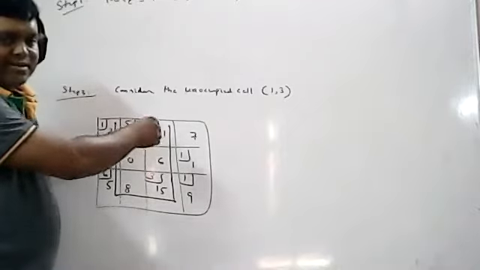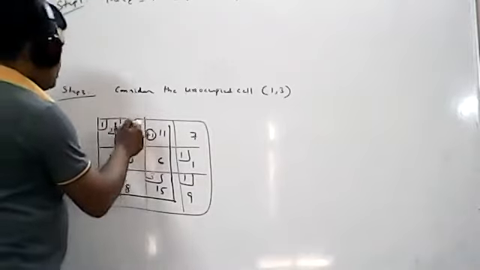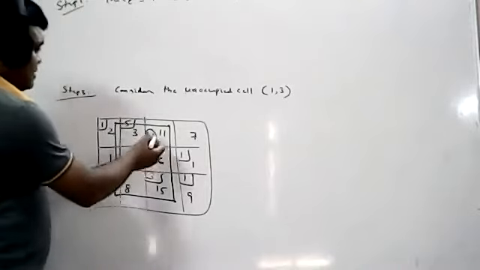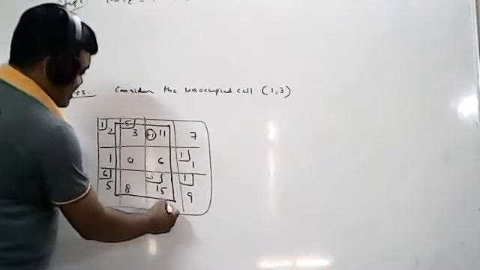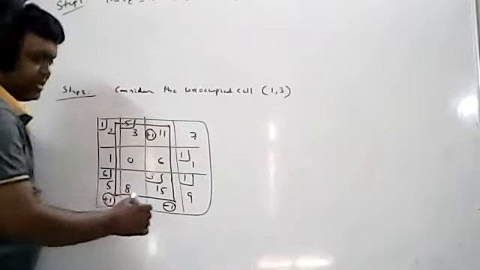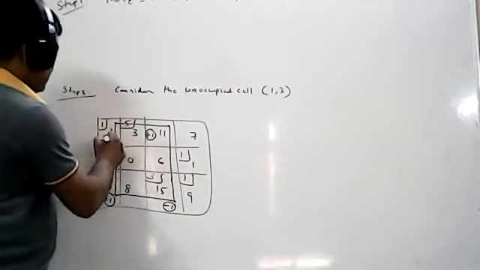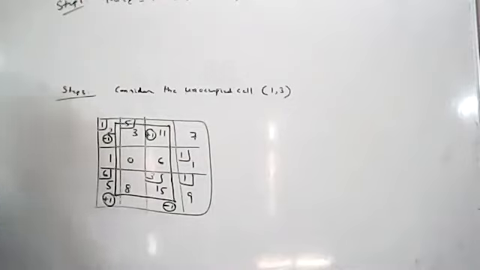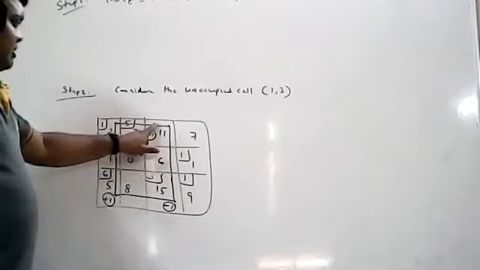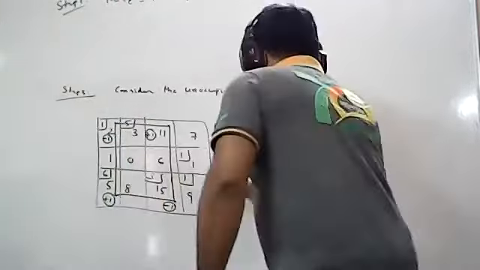In any single row, single column, how many corner points should be there? 2 corner points should be there. So that means I already got the corner points. So I will join directly. Here I have assigned +1, so this is -1. This is -1. Here I have assigned -1, so this is +1. There you have theta, minus theta, plus theta like that. So here +1, so it is -1 here. Now +1 means you have to add. -1 means you have to subtract. So then what will you get? Directly I will draw like this.